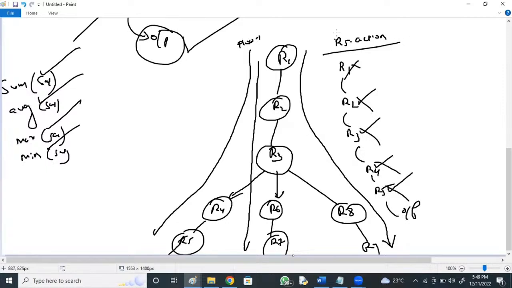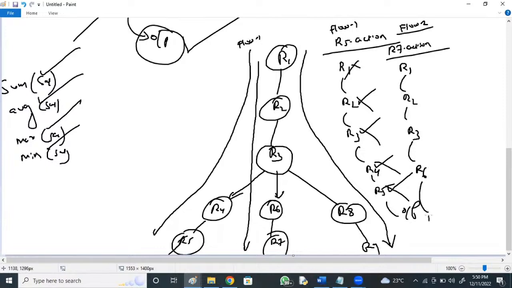If you want to execute flow 2, you say R7 dot action, so R1, R2, R3, R6, R7. Once they get loaded, the previous one gets removed.